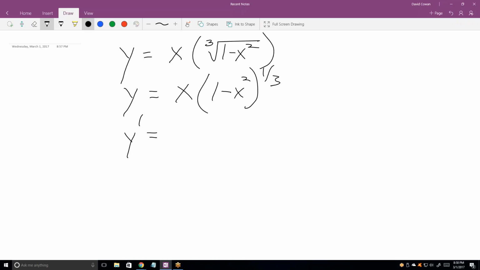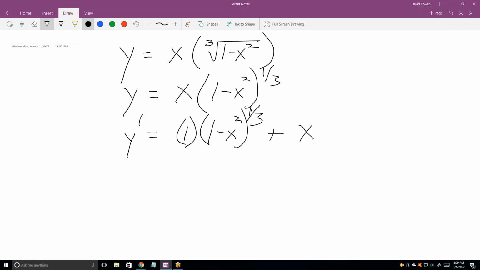So 1 times 1 minus x squared to the 1/3. Don't need to apply the chain rule yet because I didn't take the derivative of that second term yet. Plus x